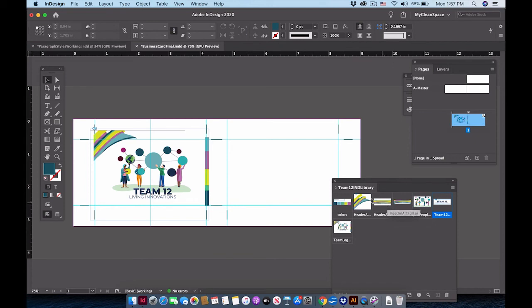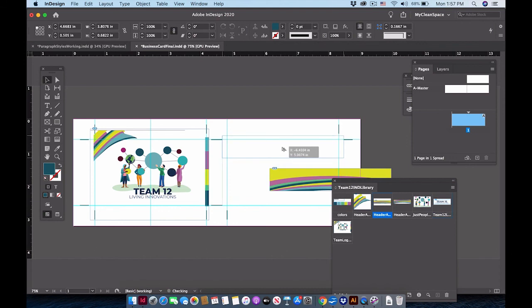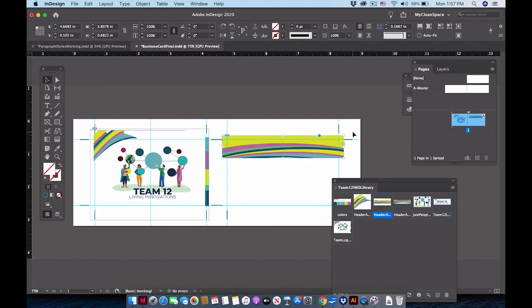And then I'm going to click and drag and drop out header art full. And you can see it's perfectly and precisely ready to go right into that card. And I think I'll have the just people, or